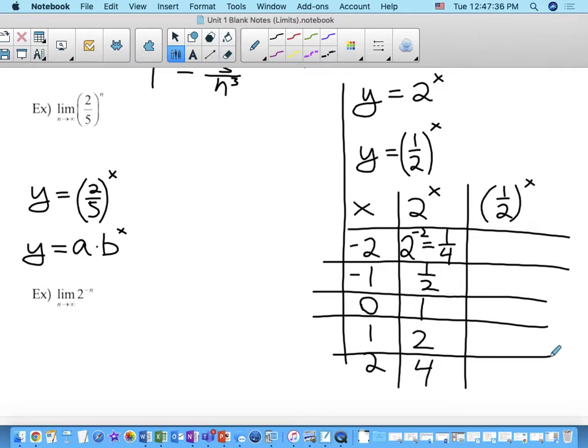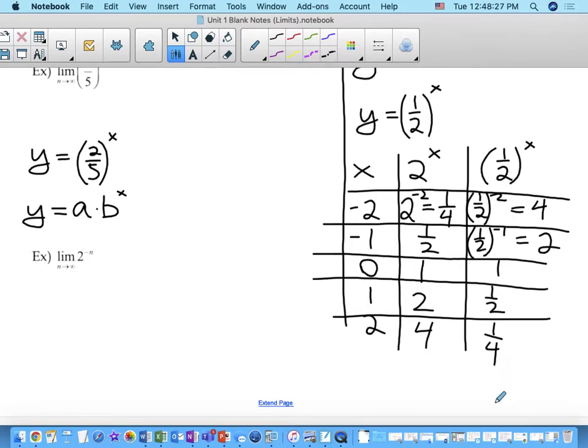So, a half to the -2. Yeah, it's 4, because I can flip the fraction, right, the reciprocal, and then this sign changes. So it becomes 2 over 1 squared, which is 4. Okay, this becomes a half to the -1, which is 2. Okay, this is 1. Half to the 0 is 1. A half to the 1 is a half. And a half squared is a quarter. Okay, so if I look at what these would look like graphically,